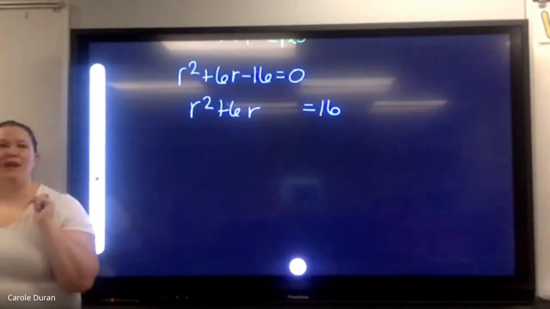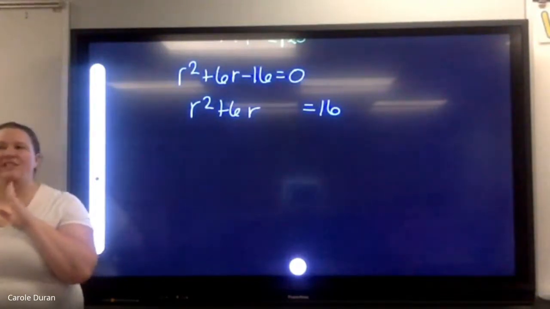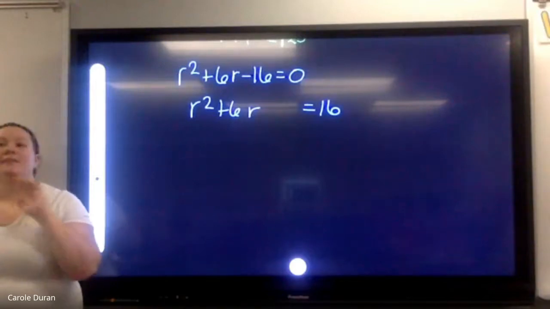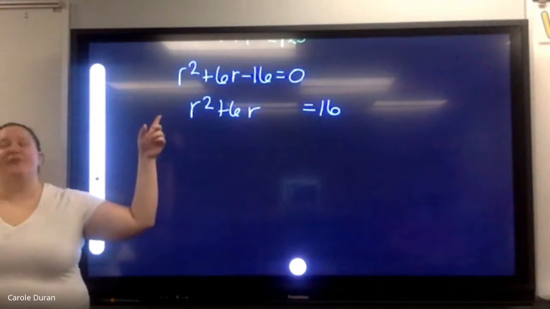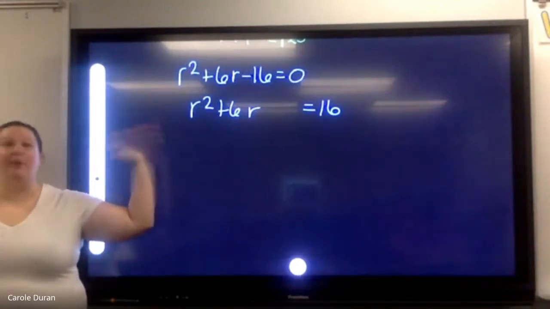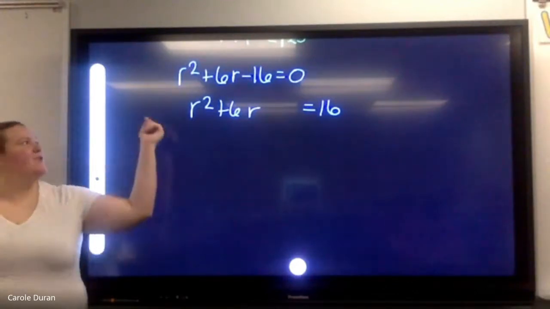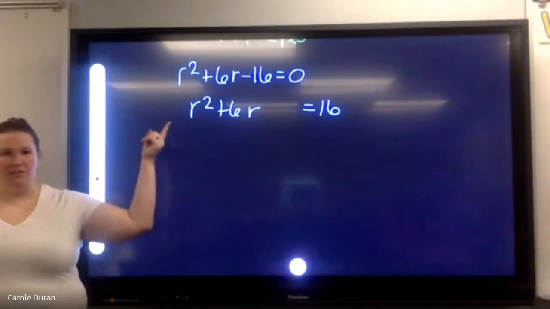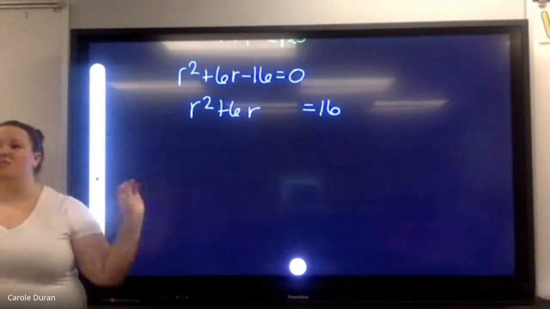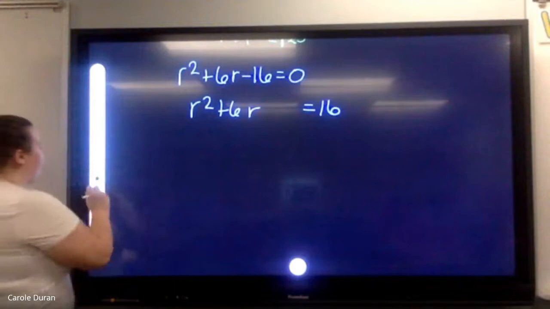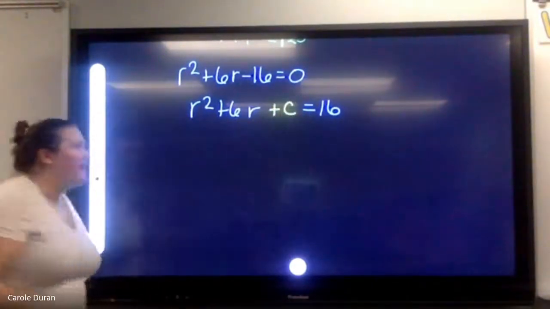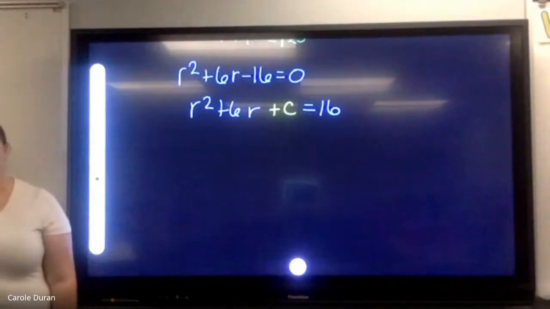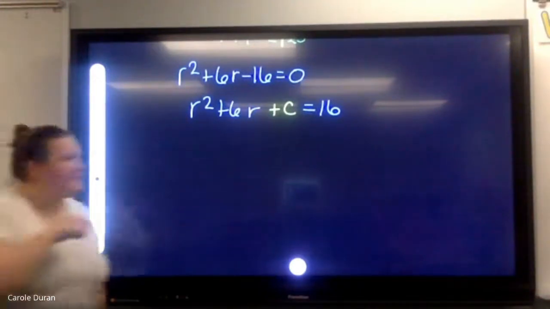Okay, before I do the C term, what do I need to check for? If there's a coefficient in front of my squared variable, that's what coefficient means. If there's nothing in front of my squared term, I don't have to do any division, so I'm free to find my C term. Remember, that C term is going to be the third term on the left-hand side, which makes this a perfect square trinomial. So to find that C term,